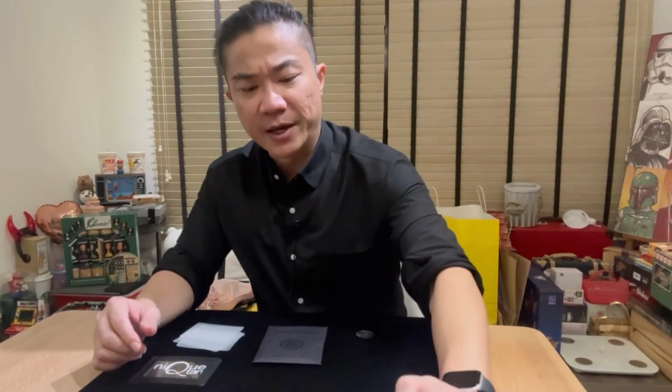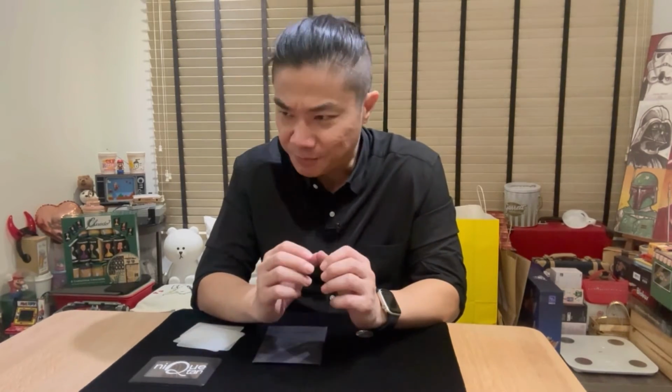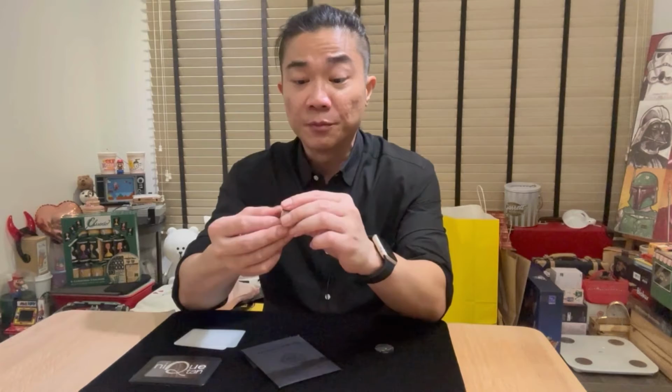So I bought the effect, but I have never performed it for lay people. As visual as that effect is, it's got some cons, in the sense that none of the coins can be examined by your spectators. Well, maybe one can be, but the majority of the stuff on the table are just gaffed to the hilt. And that's where this version comes in, I think,